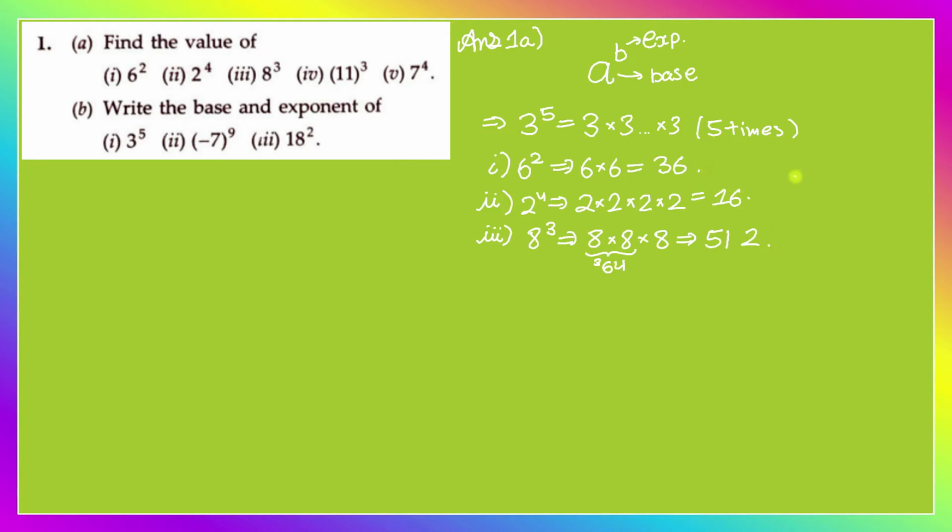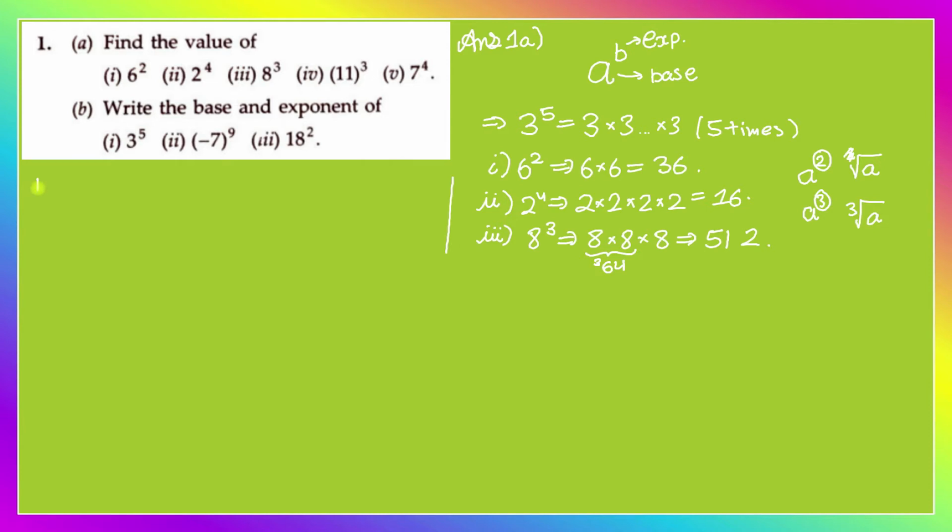One fact: if a base has a 2 or a 3 as its exponent, if it's a 2, we say a squared, and if it is 3, we say a cubed. Same for the roots also. If there is a 2 at the number, we say square root of a, and if there is a 3, then we say cube root of a. Sometimes if you don't see any number, it is understood that you are talking about square roots. So it's just small information.